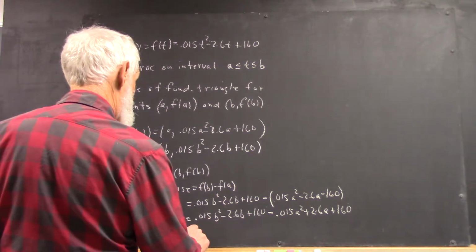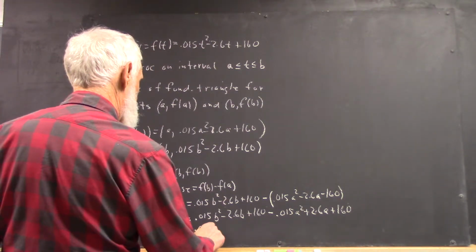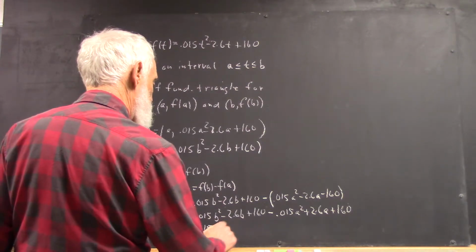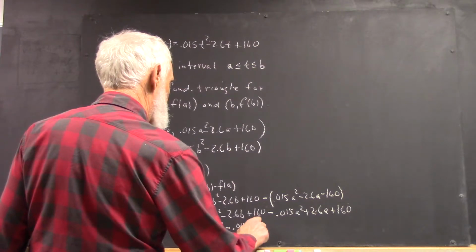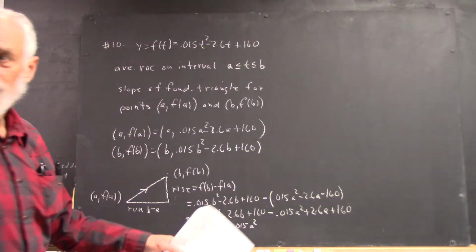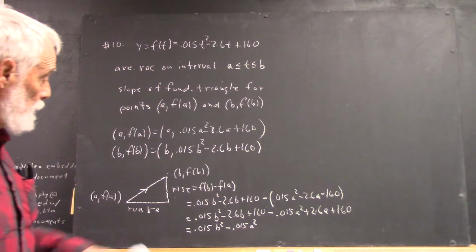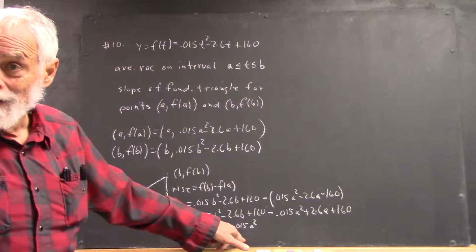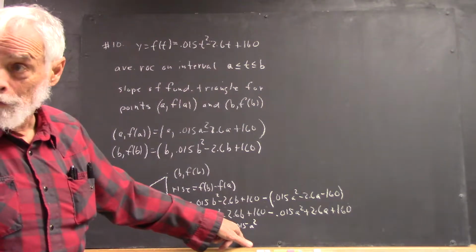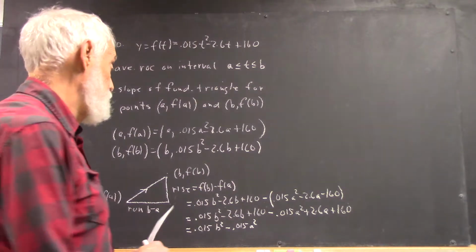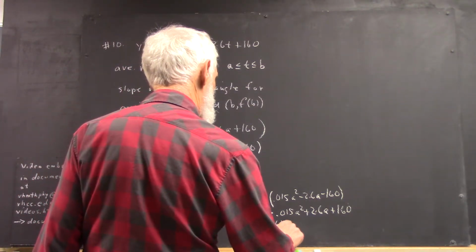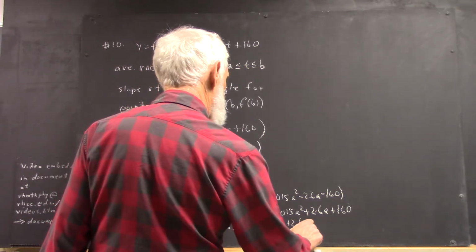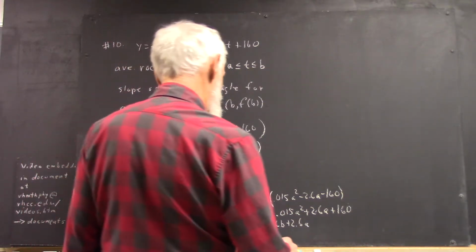So anyhow, here's how we simplify it. It's 0.015b squared minus 0.015a squared. We want to get the 0.015s close together because next we're going to factor out 0.015 using the distributive law backwards and get a simpler expression. And then it's minus 2.6b plus 2.6a, and then it's,